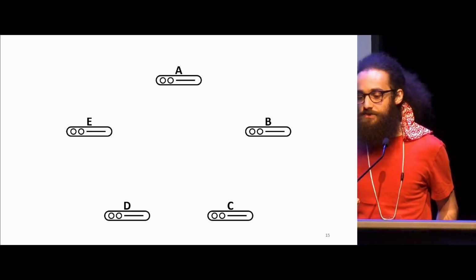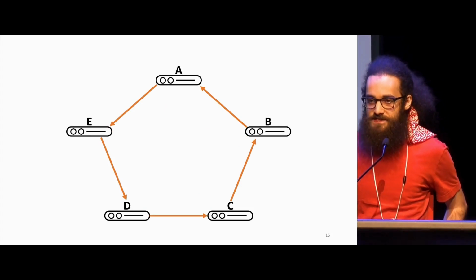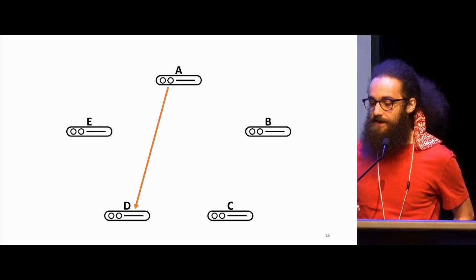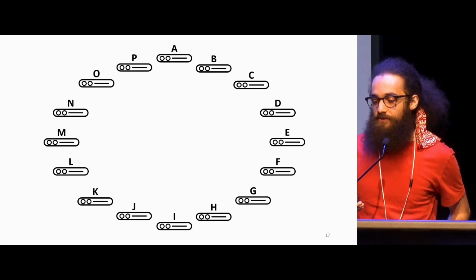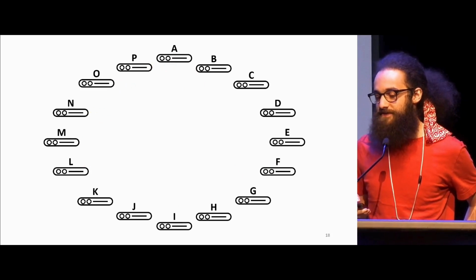So let's see this visually. Here's the single round-robin from before. To make the rest of this section a little easier to understand, I'm going to focus on just one node, node A, and here it is doing its round-robin. You can see it is connecting to each of the other nodes once. Now let's look at an example with more nodes. We can see node A is going to connect once to all of these other 15 nodes.